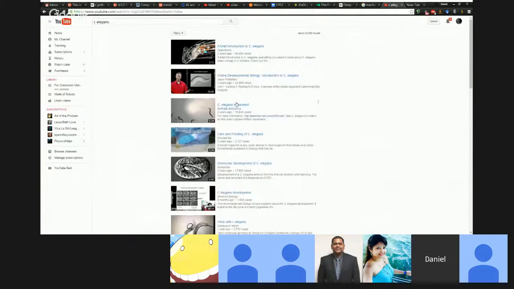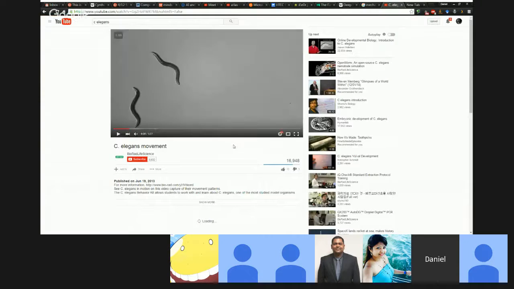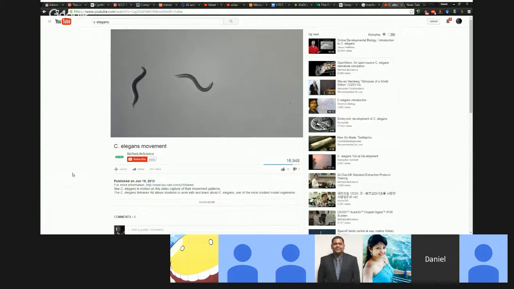So C. elegans is a nematode. It's an animal model. In biology, they have a few animal models that they study as like a general animal. They learn about general animals from studying this one animal very closely. So like the mouse model, scientists often study lab mice. The mouse model is supposed to be the model for all mammalian behavior. Well, it's supposed to be the model for all general animal behavior. This is the nematode, C. elegans. C. elegans, widely studied. We know a lot about C. elegans, including its entire genome. We've sequenced its entire genome, so we know every gene in C. elegans. But more importantly, we've sequenced its entire connectome.